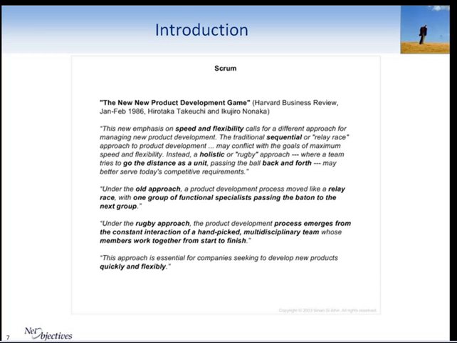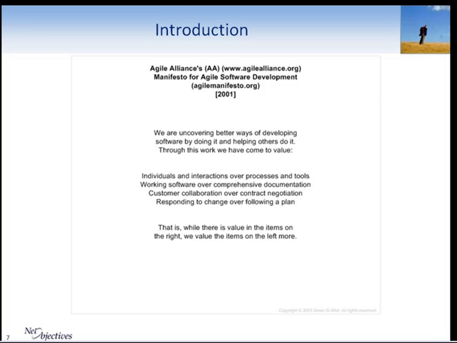As we then look at the more modern roots of Scrum, we can look at the Agile Alliance's Manifesto for Software Development. If we take a look at the manifesto as stated in 2001, we see that there are really 4 major statements where one piece of the statement is emphasized relative to another piece. In particular, we notice that individuals and interactions are emphasized over processes and tools, working software over